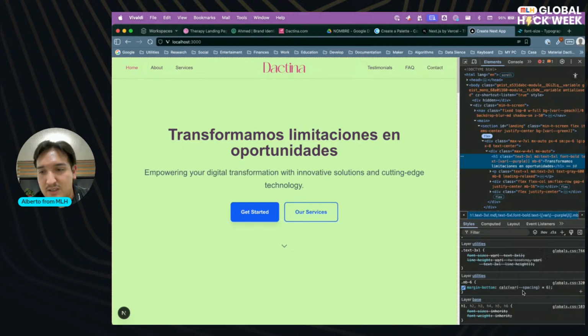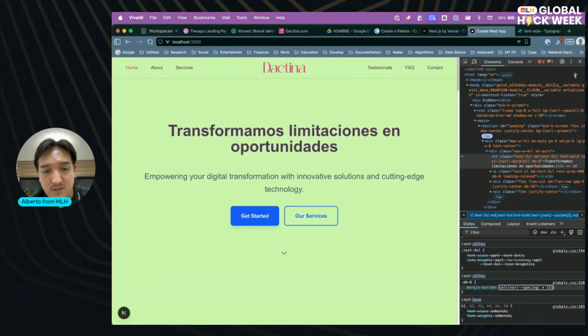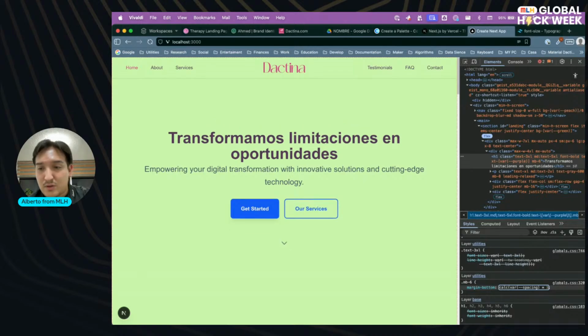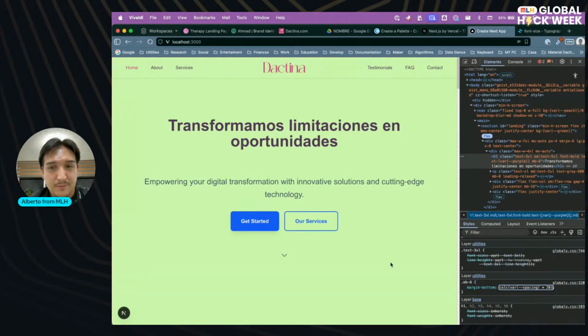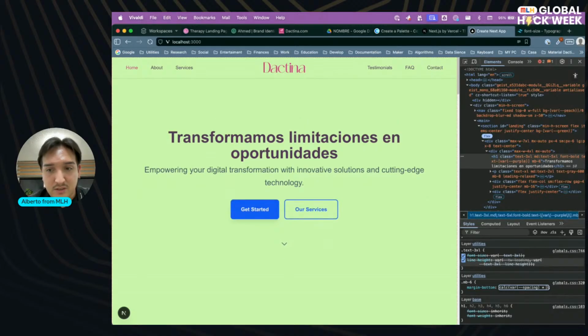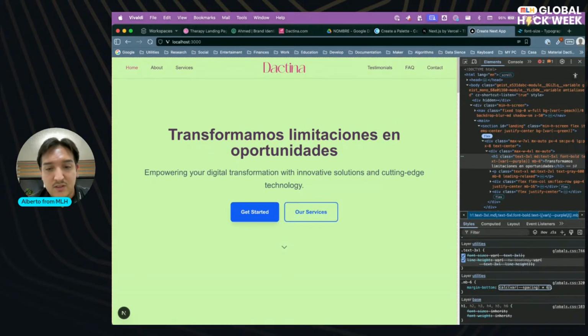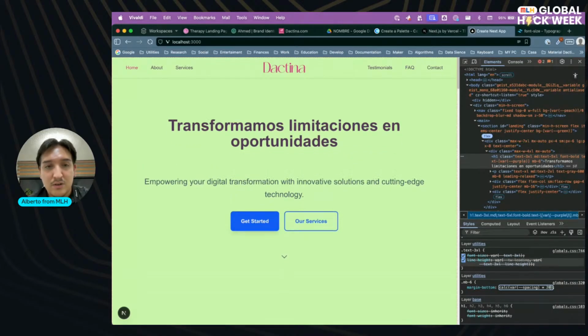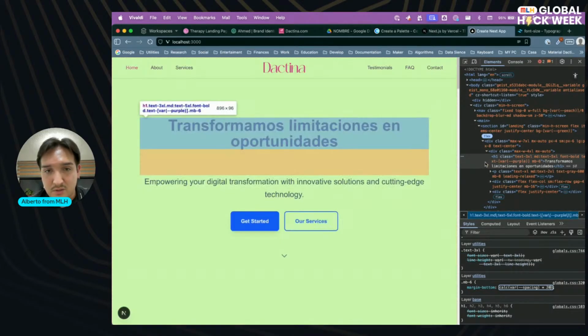I can make this 12, 15, maybe even 20. Okay, maybe the 20 works. Or 16. No, 20. 20 is quite right.